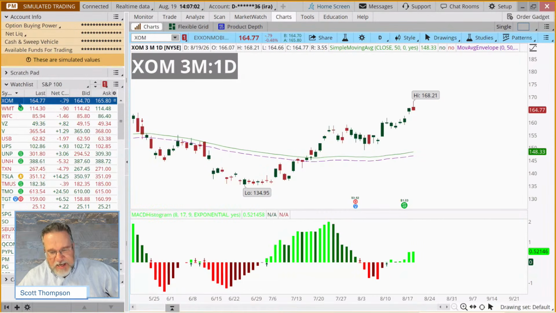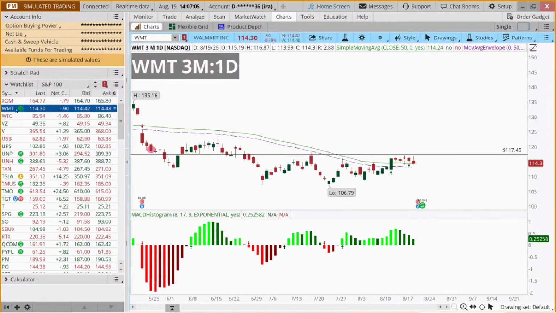Once you're in here, if I just click my down arrow, it'll move to Walmart. I look at Walmart and I say to myself, okay, is the MACD green? Answer is yes. Is the stock above a rising moving average? Well, this is one of those scenarios where it's really hard to tell if that moving average is rising. It looks like it's falling, in my opinion. The stock looks like it did close just barely above the moving average, so technically, that's still a green arrow. But because of the moving average, this is how I would write this. Technically, yes, it has two green arrows. We got a green arrow yesterday on the moving average, but the moving average isn't rising.